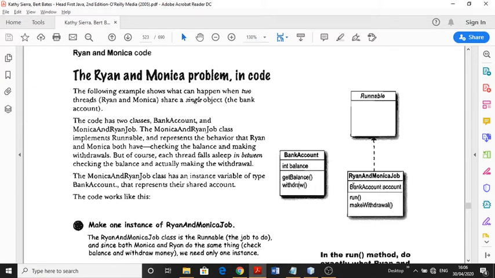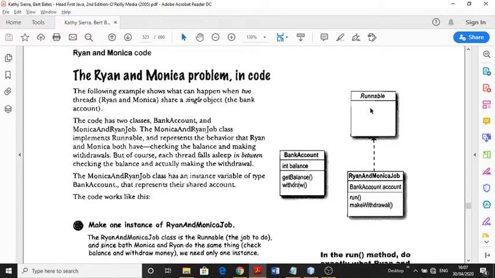There is another class, the Ryan and Monica job, which is common to both. This Ryan and Monica job implements the Runnable interface, so we can create two threads, one for Ryan and another for Monica. They will run the same code.